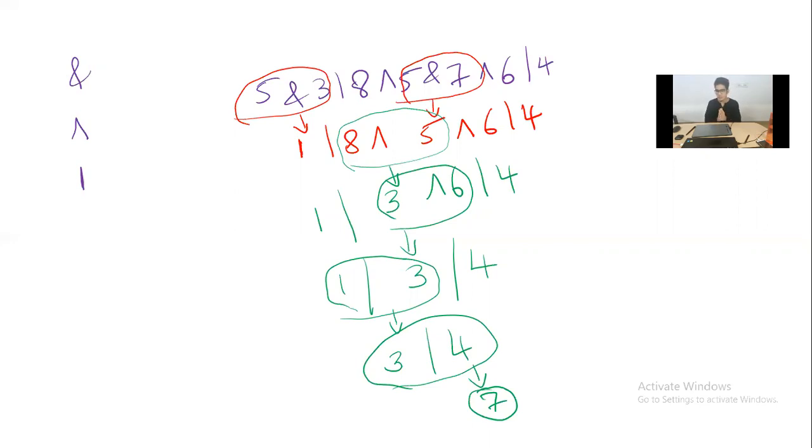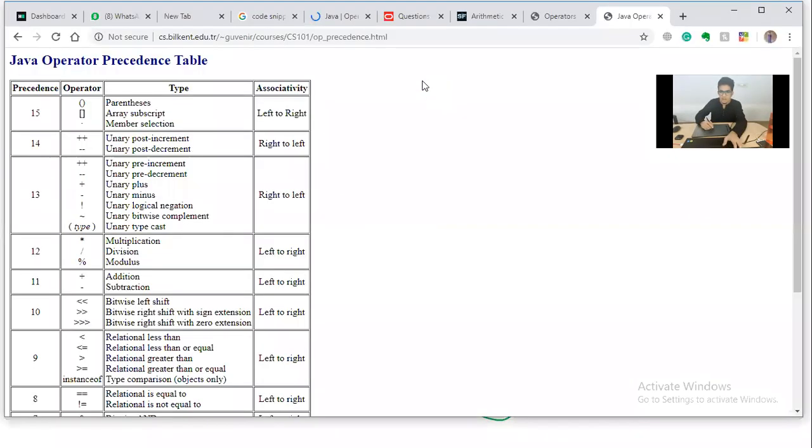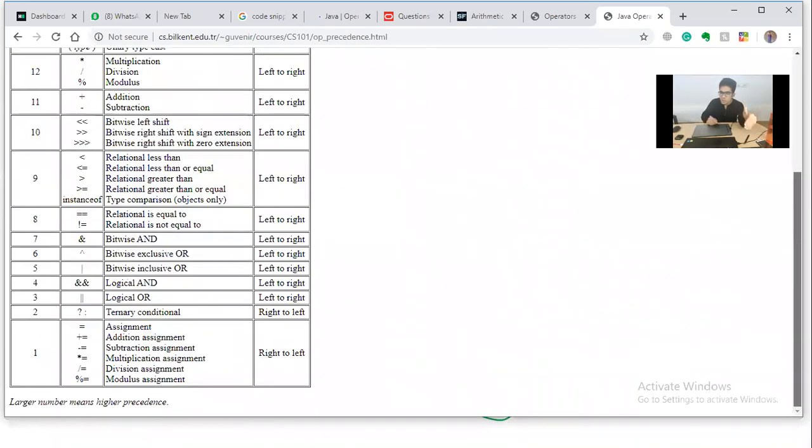So if someone asks you any question on this, you just have to ask them one thing: hey, give me the precedence table, I'll solve the rest. Because sometimes remembering the precedence level is difficult. So maybe you can search on the internet for the precedence level, then you can solve on your own. Now there is a website for the precedence. You just search on Google, what is the precedence level in Java. So what you'll get is like this. Which has the lowest precedence? The lowest precedence is the assignment operator.